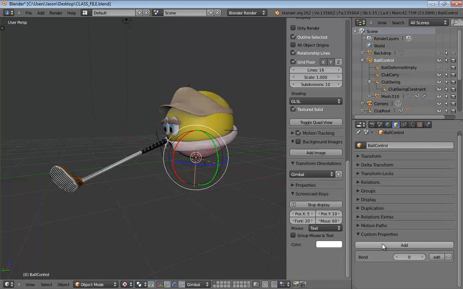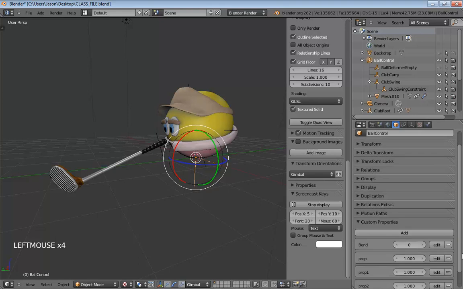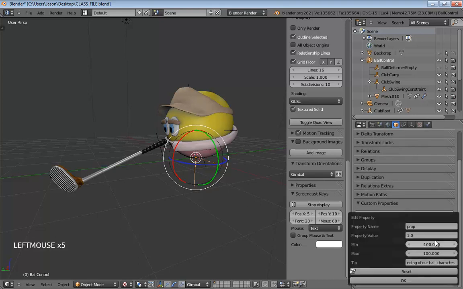Now, we're going to do this a few more times. I'm going to add 4 more, so I have a total of 5 properties. And let's just edit each one individually. So the second one down, we can name these anything we want. They will be placed in alphabetical order. Just to show that, I'm going to make the next one twist. And again, property value of 0. It's the same settings for everything, actually. So 0, -100 to 100. We'll just change this. And instead of bending...